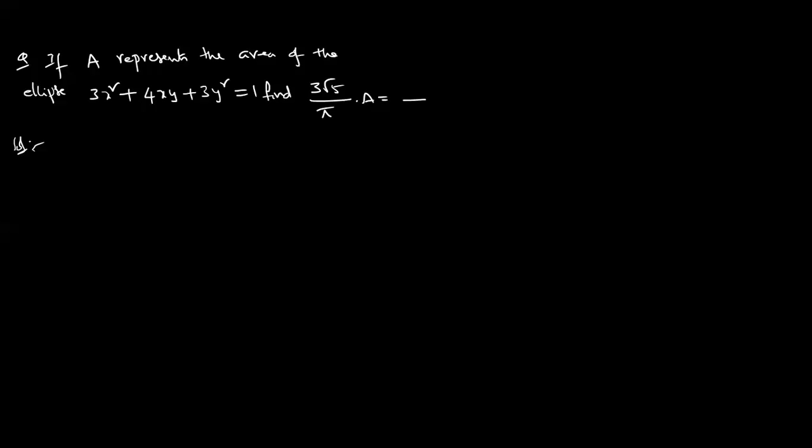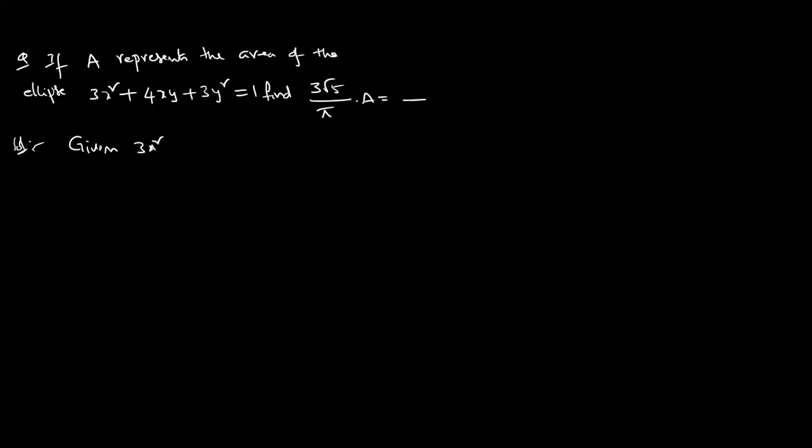Yeah, area of the wrong. Check it once again. Now see, dear students, don't say pi ab. Area is pi ab, but it is not in the standard form x square by a square plus y square by b square is equal to 1. Verify whether it is satisfying or not. First of all, verify whether it is an ellipse or not.